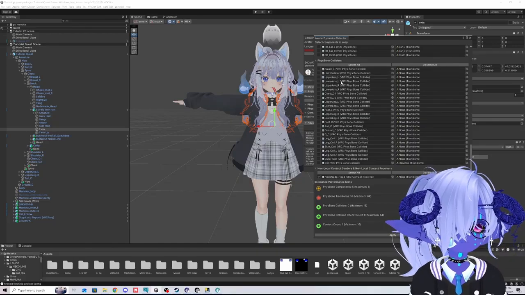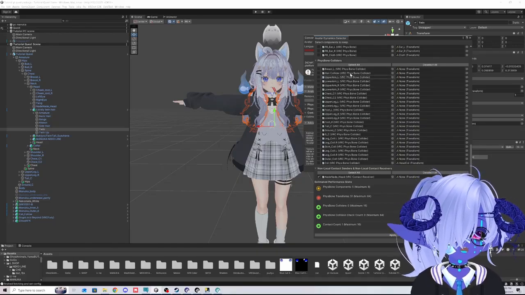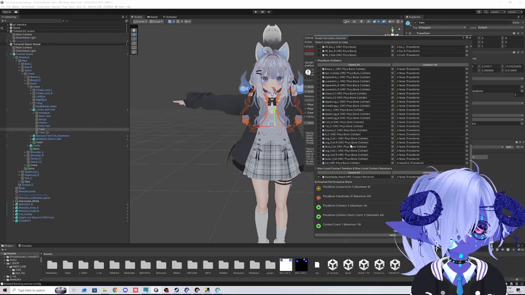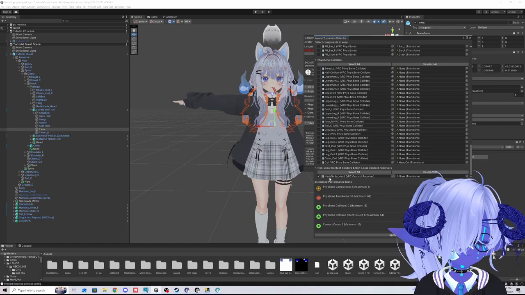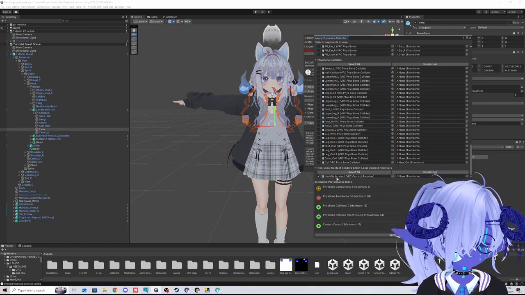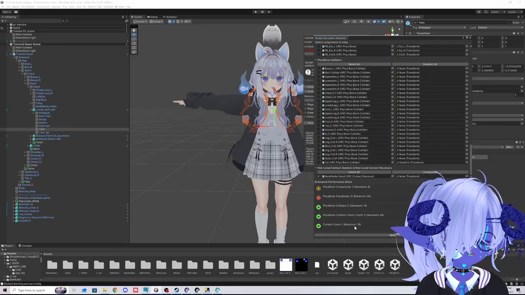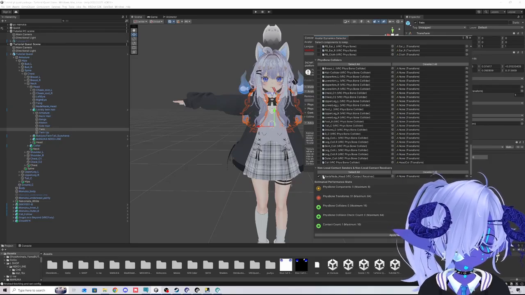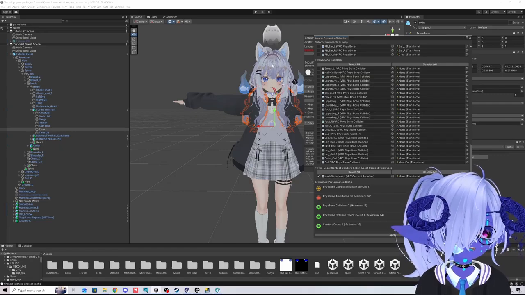But for Quest, since you don't really have many fizz bones, I don't really turn on many of these, or usually I just don't turn them on at all. And then the last thing is your contacts. So the contacts are right here. You get up to 16, and so these are just wherever you have a touch and it'll like react,